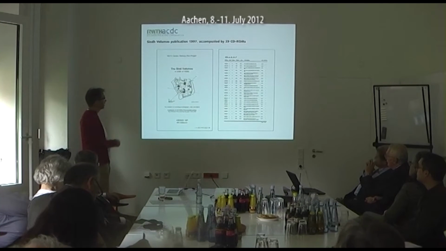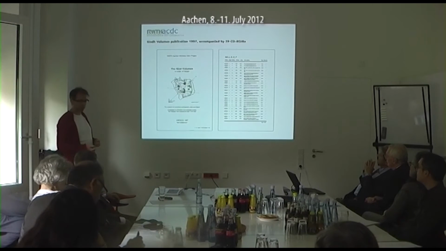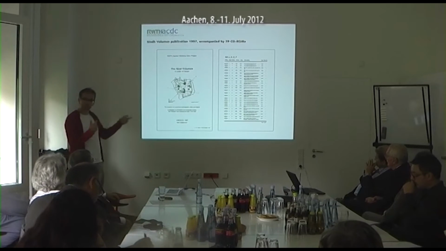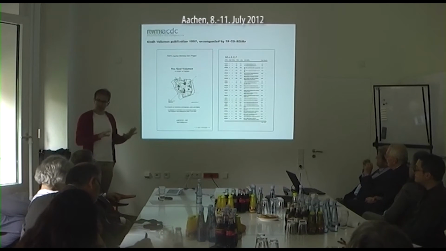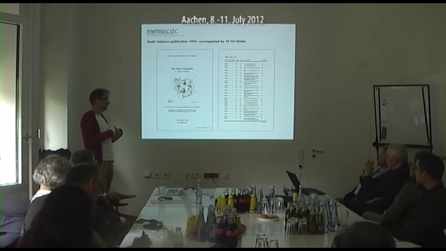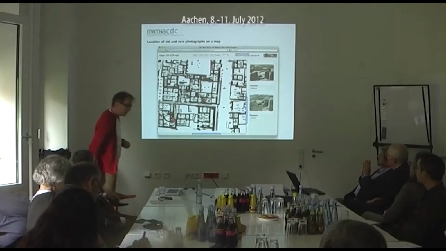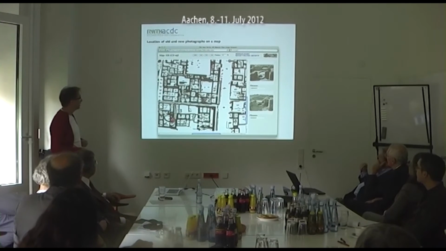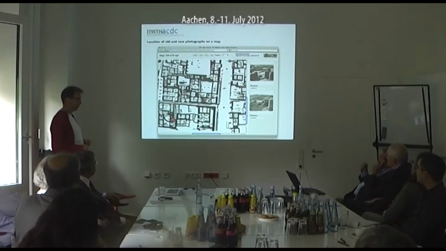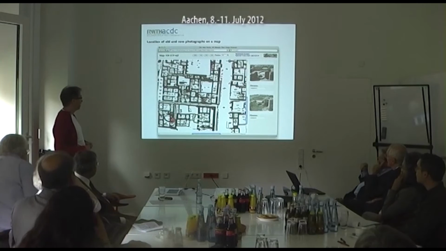So this is sorted by area. Then there's something sorted by SIN volume number, but you can't really say, okay, I want to have just a set of it, if I'm, for example, interested in terracotta seals. This is the new version of the original 1997 publication on CD-ROM, where you have